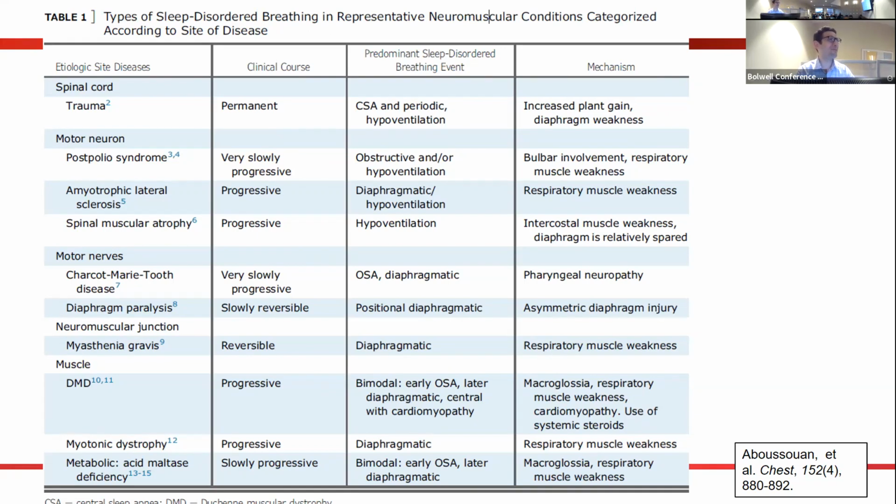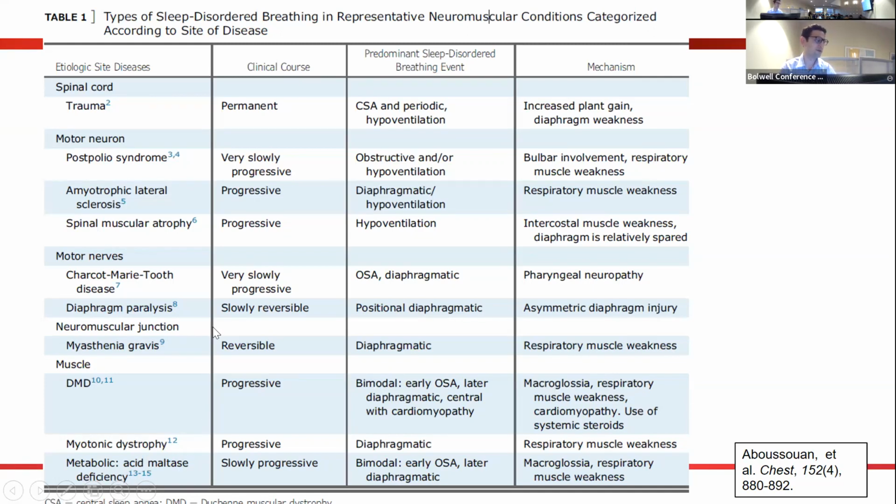Right. Yeah, but that's a great question to see if that's related to OSA. So when we look at types of neuromuscular weakness, it's really very varied, right? You have, obviously, neurology. The first question they teach you to ask is, where's the lesion, right? Like you're not going to get through a third-year medical school rotation in neurology without knowing that question. And so when you think about it, if you look at the left-hand side, etiologic sites, you can divide it up into spinal cord, motor neuron, motor nerves, and then the muscle, and then even enzymes like in Pompe